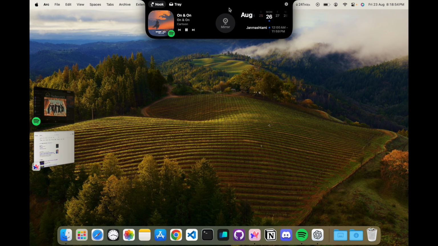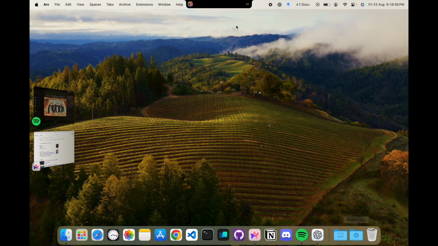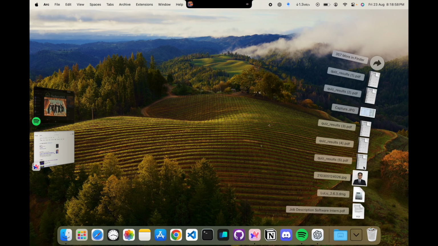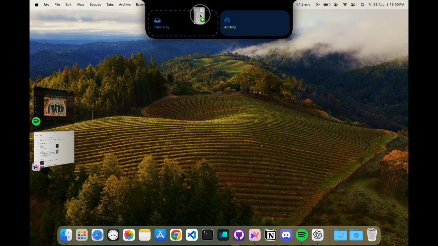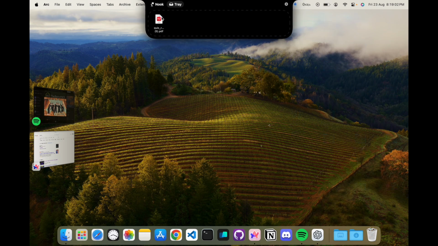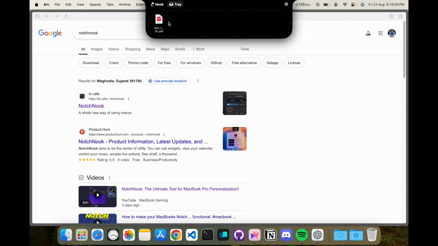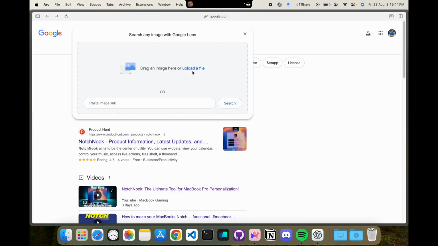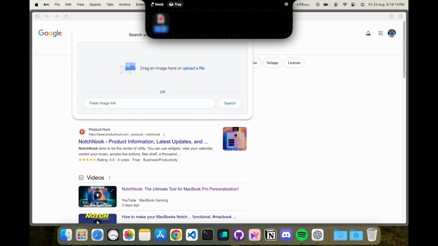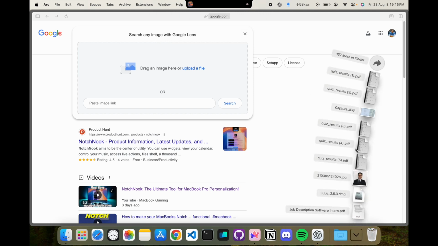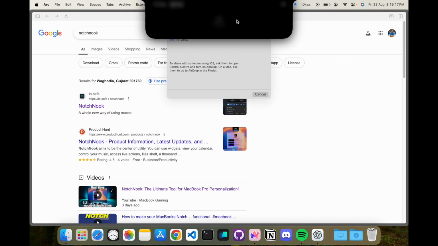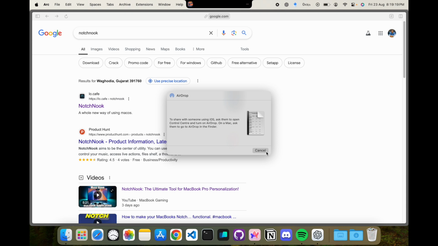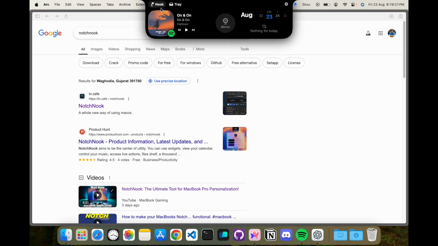This is the calendar. There is a tray as well, so we can click. There's a file tray. We can move. We can see new file thing. So we can delete it, or we can just directly drag and drop and add. So there is a mirror also,